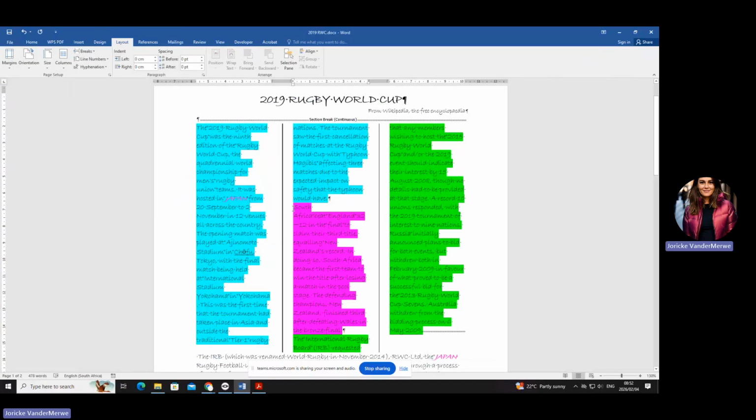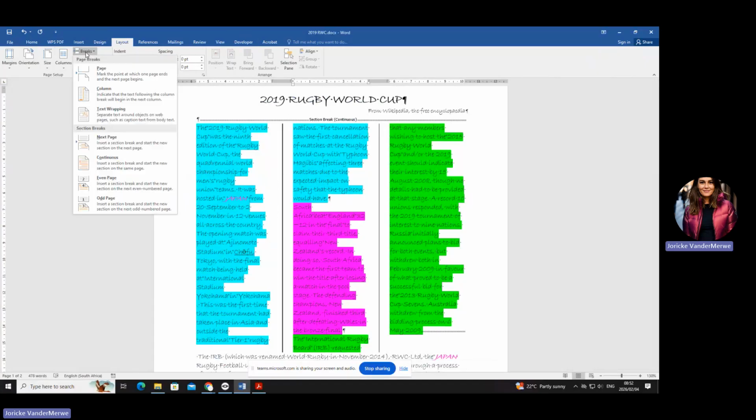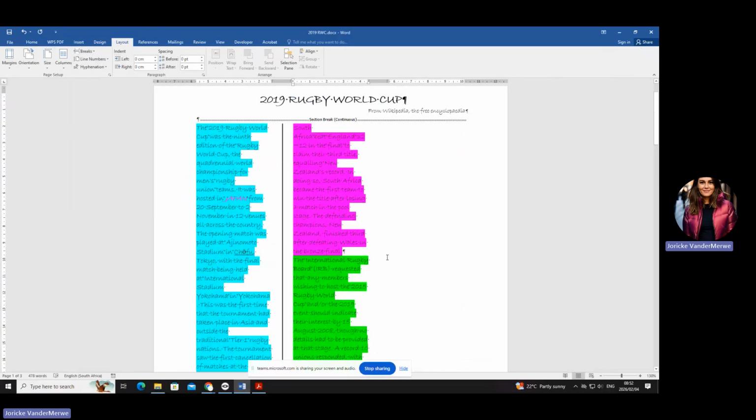Can you see my first cut is going to be right in front of "South", because I want to separate the two. Are you with me? You put your mouse first of all where you want it, and then you go to Breaks and say Column Break. If you forget which break, ask yourself, where am I currently working? In a column.